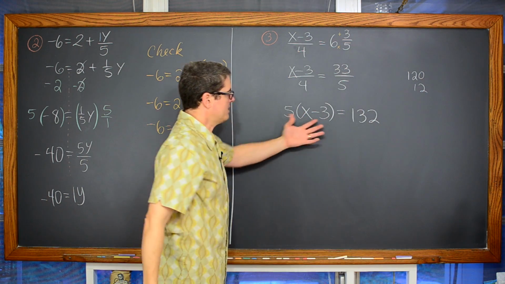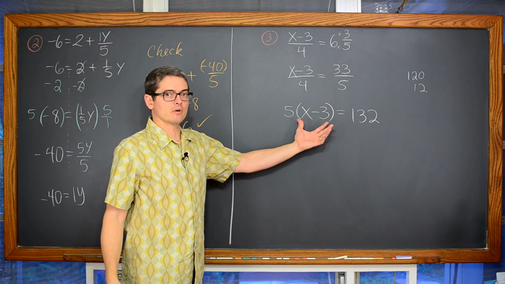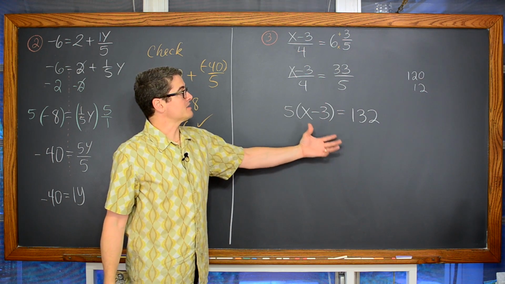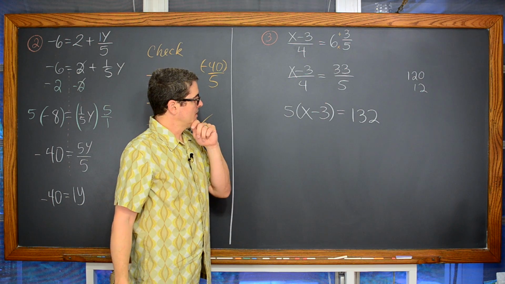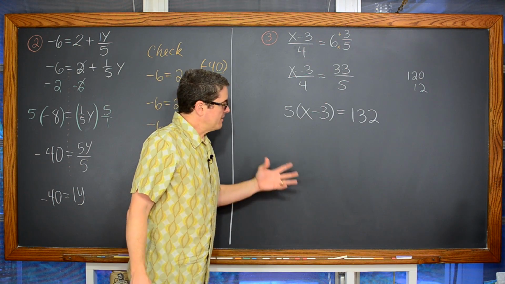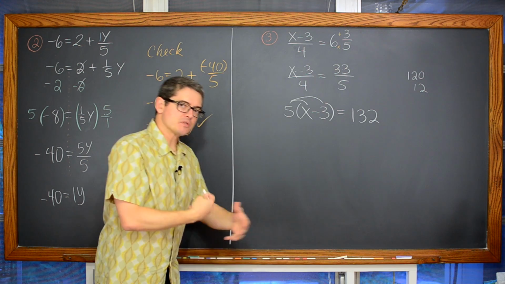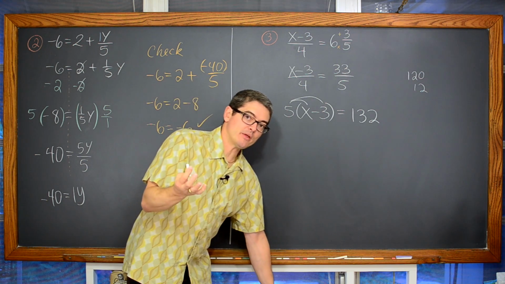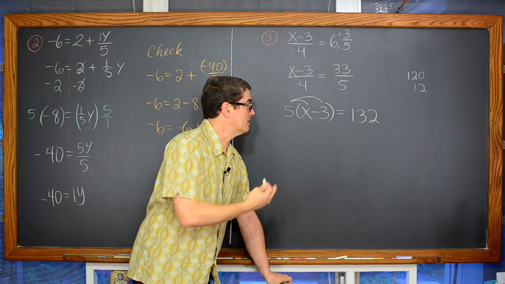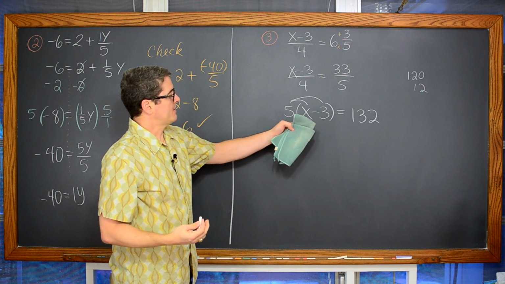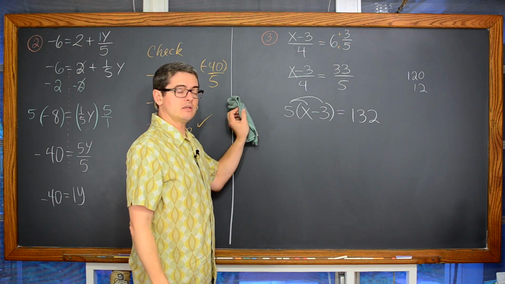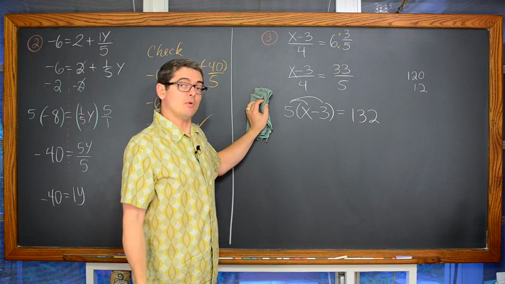And 4 times 3 is again 12, so that's going to be 132. And now I have a brand new equation to solve that does not have any fractions in it. And I can continue this on. We would distribute through the parentheses and do some more stuff to finish solving this equation. I hope some of you actually can do that, but that's leading into what we're going to be dealing with in our next video, which is solving multi-step equations.